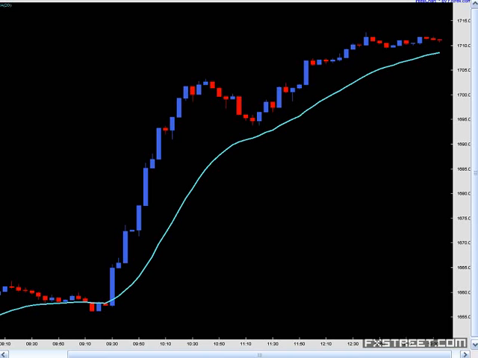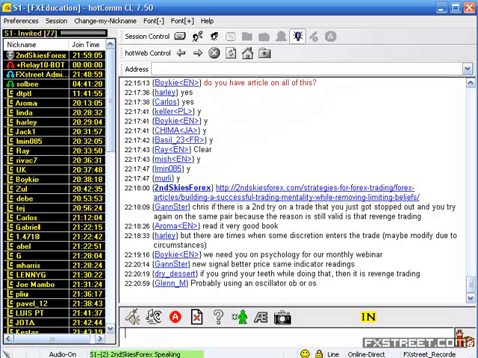That's not revenge trading. But if the indicators have not given a new signal, they just look the same as they did when you entered the trade the first time, but then you got stopped out, I would not call that a valid signal because you haven't gotten a completely new signal. The reason why you get back in should be a completely new signal. So hopefully that answers your question.